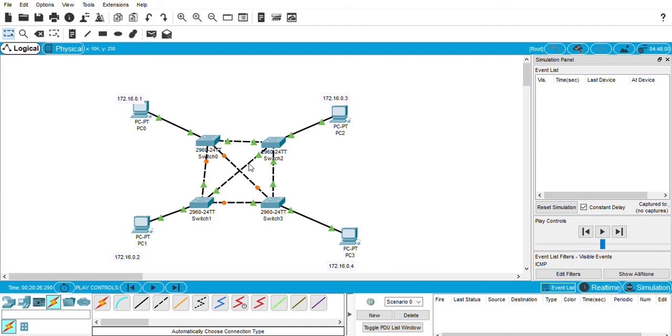For example, if this connection is lost, let us try with another.